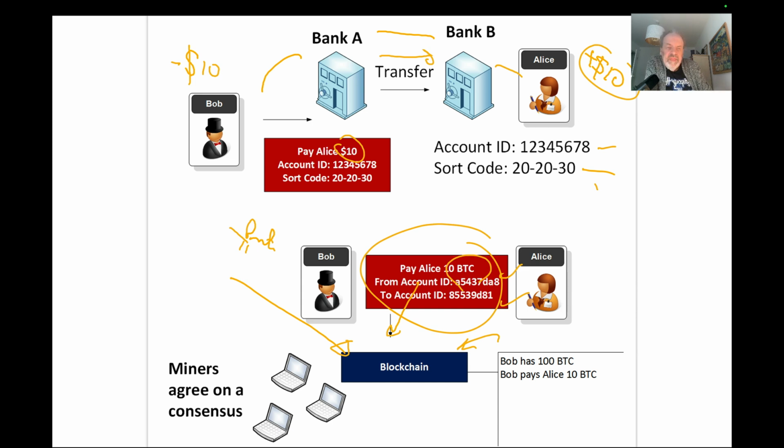But we have a problem here. What happens if, when we're creating the block, Bob goes and spends his money twice? So we need to avoid the double spend to make sure that Bob doesn't take his cryptocurrency and spend it twice before anyone actually notices that he spent the first time. We also need to make sure that Bob has enough cryptocurrency in his account. So the miners need to take the transactions and make sure that there is no double spend and that there is enough funds to pay